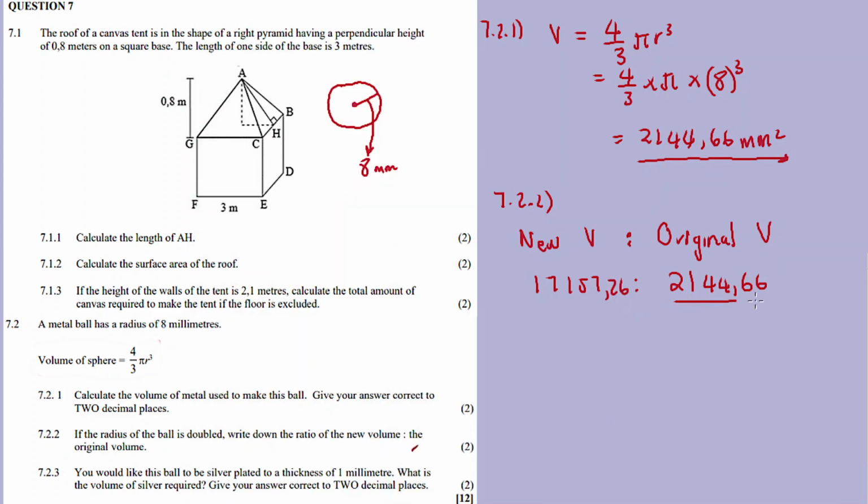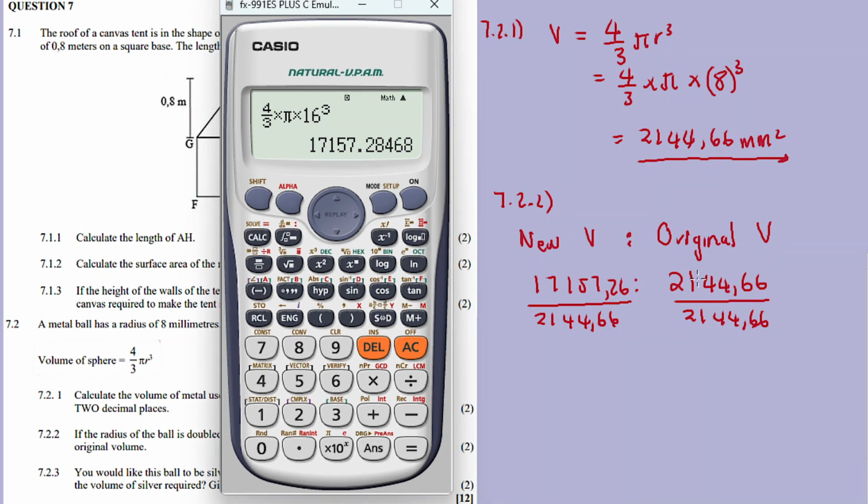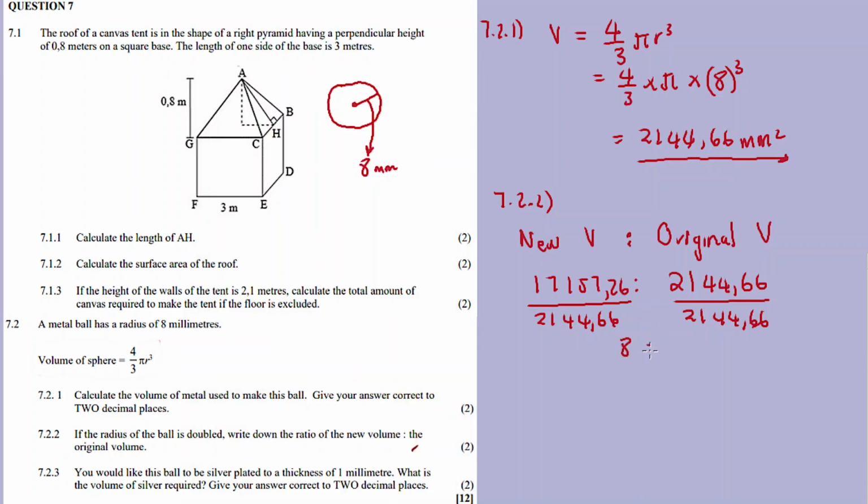Then we divide both sides by the smallest number, 2144.66. Dividing 2144.66 by 2144.66 we get 1. Then we divide the new volume by 2144.66. The answer is 8. So 8 to 1. Or you can just say, since the radius is being doubled,